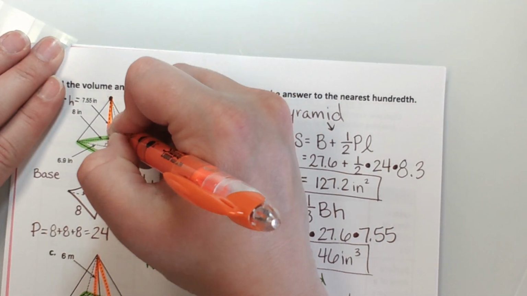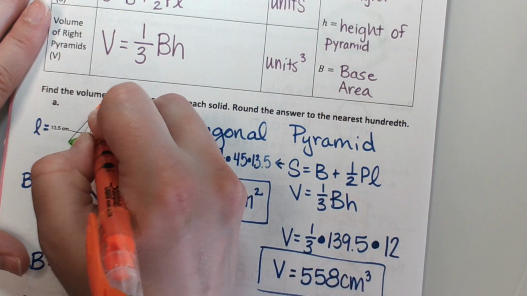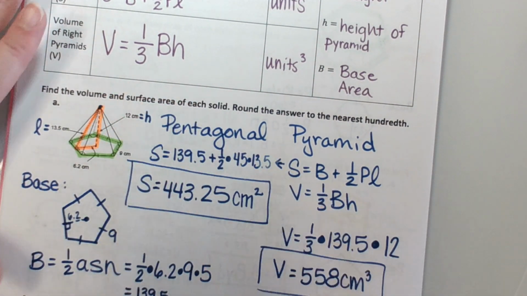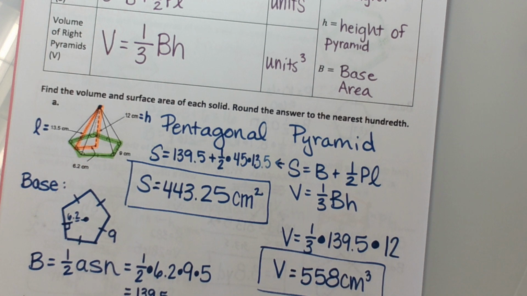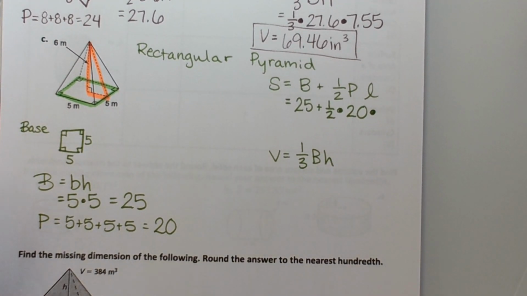If I had looked at this one, hey, right triangle. If I had looked at this one, hey, right triangle. So pyramids have built-in right triangles that we can work with, if we're missing either the true height or the slant height. So if I take that right triangle aside,